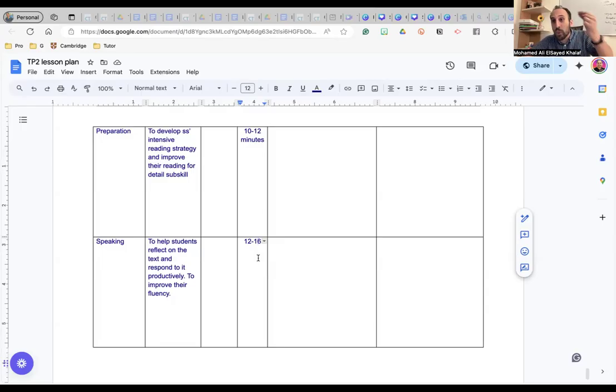So if you spend more than 5-6 minutes in the lead-in, maybe the final stage will not fit in the 45 minutes. And once the 45 minutes are up, the tutor will stop you. You need to stop. You need to end your lesson smoothly in 10 seconds.